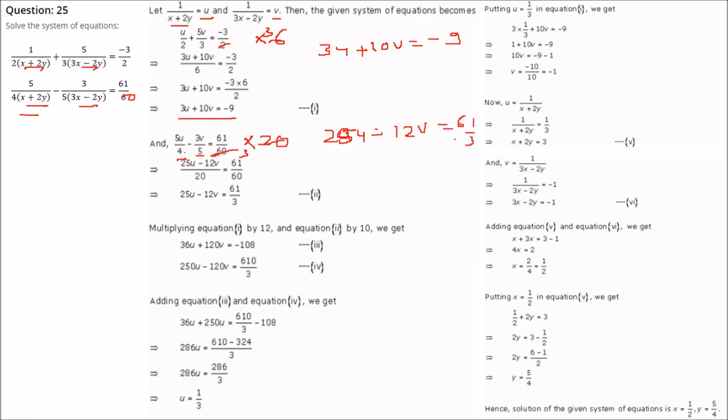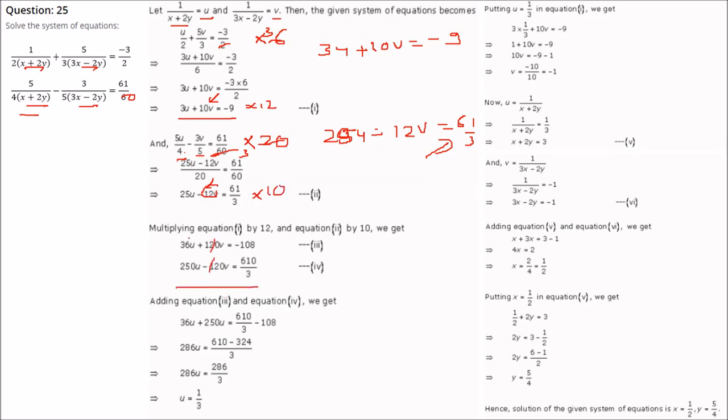Again, you can either just go ahead with this one, or you can multiply this equation by 3 so that you get rid of the denominator. This is also possible, but let it be. It doesn't matter because we already have these two equations, and we have to concentrate on this 10v and 12v. So now multiply the first equation by 12, and this second equation by 10, since this is 12 and this is 10. So you get these two equations, just add them.